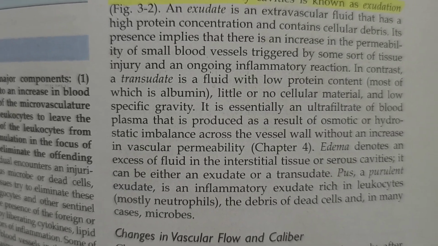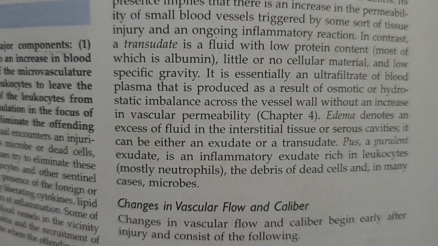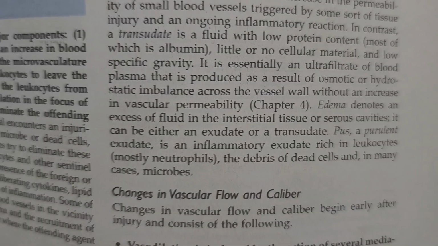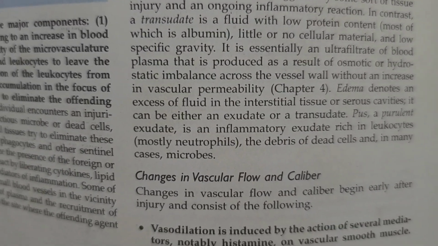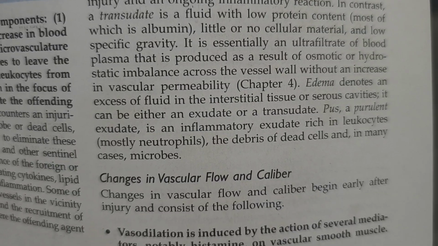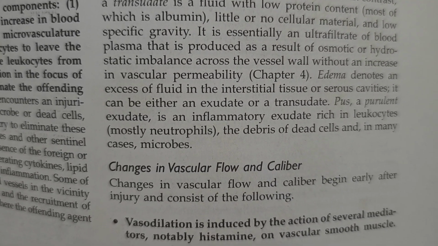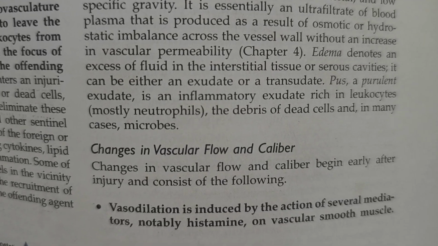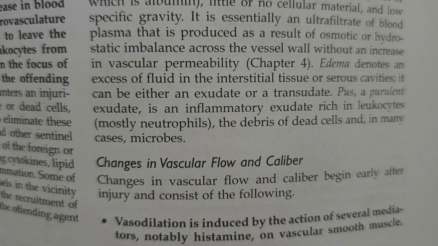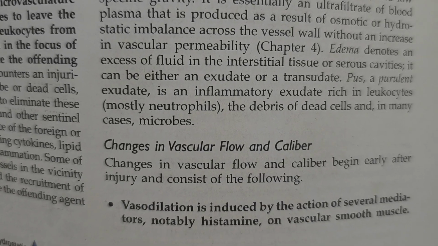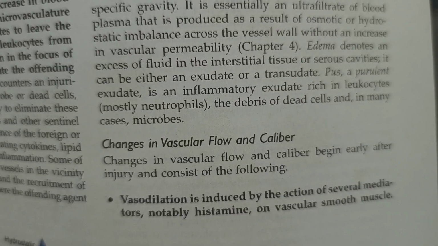Its presence implies increased permeability of the blood vessel triggered by injury or inflammation, whereas transudate is a fluid with low protein content and little or no cellular material and low specific gravity, which is an ultrafiltrate of blood plasma that is produced as a result of osmotic and hydrostatic imbalance across the vessel wall